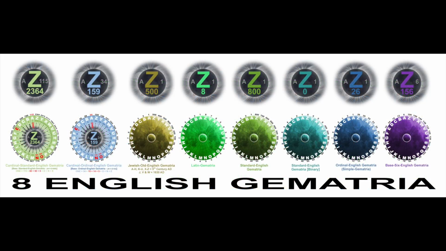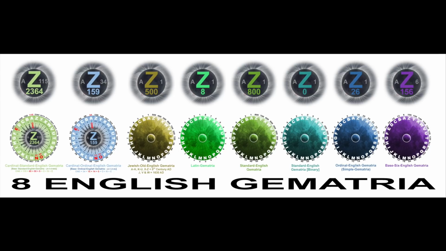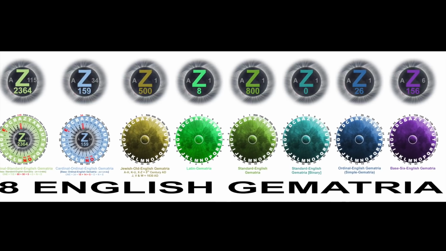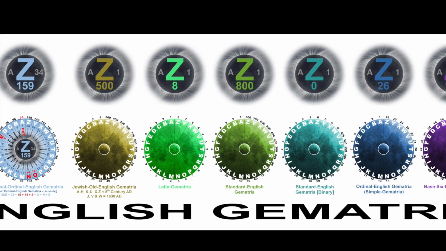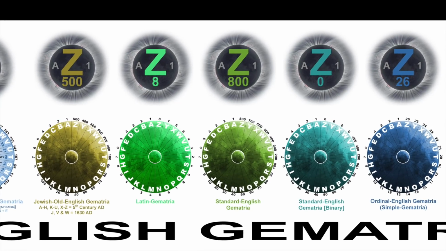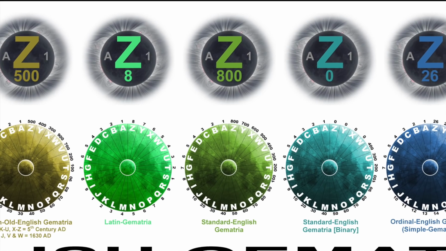I thought I would take this time to explain the 8 different English Gematria forms that currently exist and comprise an authenticated whole. The first, known as Standard English Gematria, or SEG, uses the exact same numbering system as